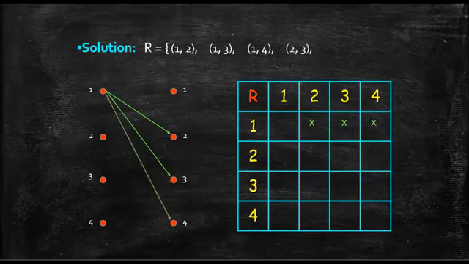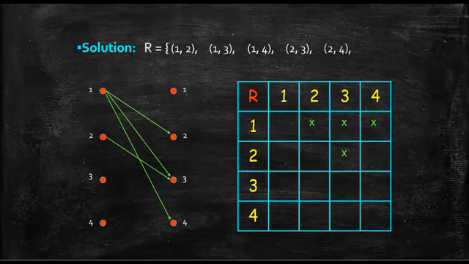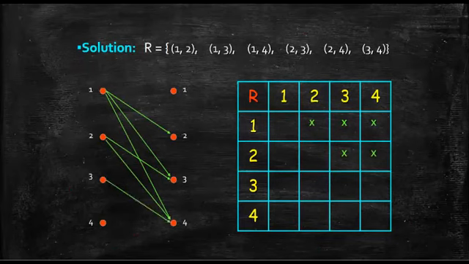After that, we can't take 2 comma 1, 2 comma 2 because it does not satisfy the condition. So we will take 2 comma 3 directly. Then we are mapping 2 and 3, and then 2 comma 4. Then lastly, we cannot take 3 comma 1, 2, 3. We can only take 3 comma 4. So the mapping is done and we are crossing it over here.